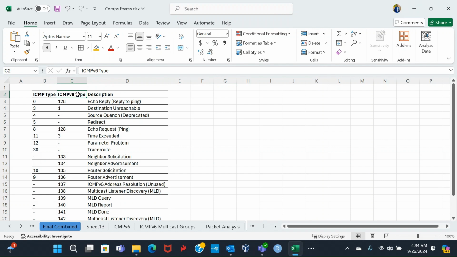It is said that in ICMP version 6 protocol, there were certain features in version 4 which were used in version 6, but in version 4 they were not really utilized. One of them has to do with the router solicitation and then the router advertisements. And in this video, we'll be capturing this router solicitation and router advertisement in ICMP version 6 and then seeing their key functions. The other one also had to do with neighbor discovery, neighbor solicitation, and neighbor